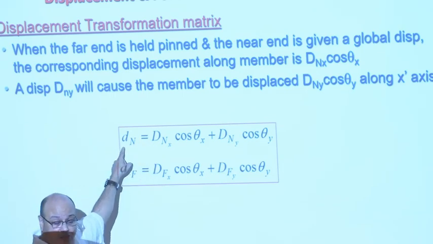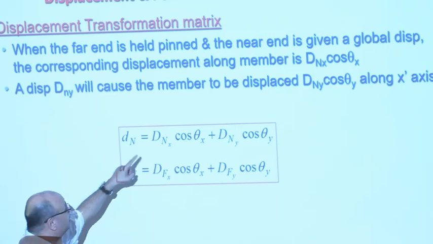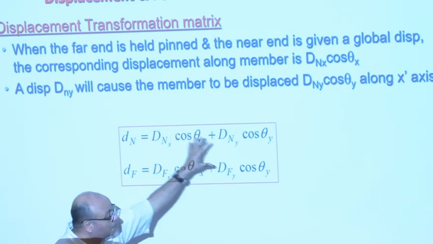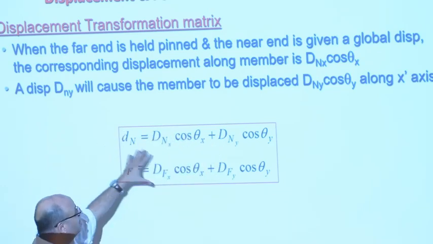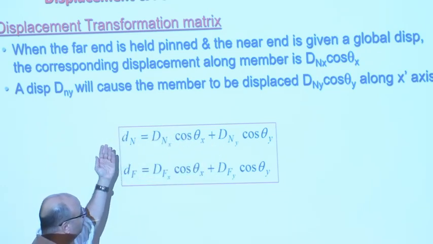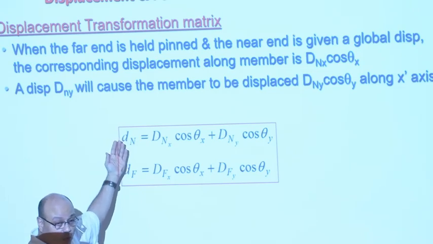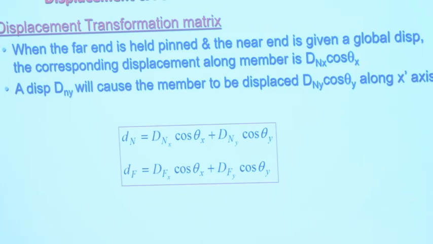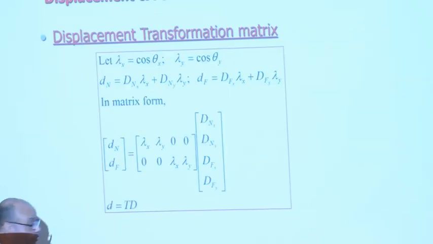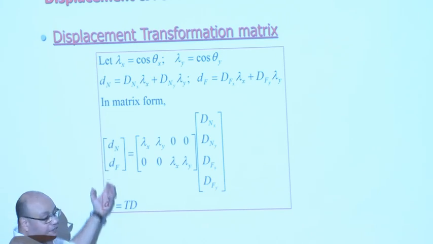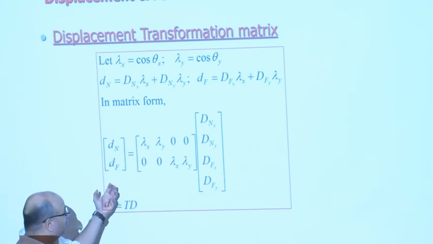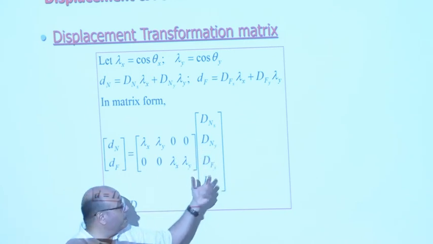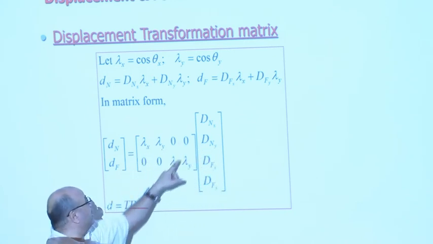The small d is nothing but the local displacement, and the big D is nothing but the global displacement. It's governed by this equation. So this equation is basically giving you the relationship between local displacements and global displacement, as you can see right there. If you'd like to put it in a matrix format, here we go. The vector of the local displacement and the vector of the global displacement are being controlled with that relationship